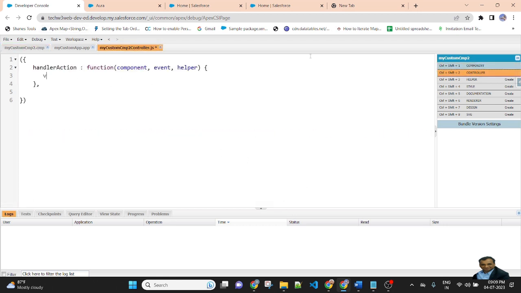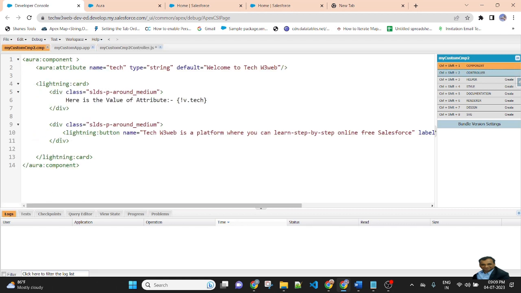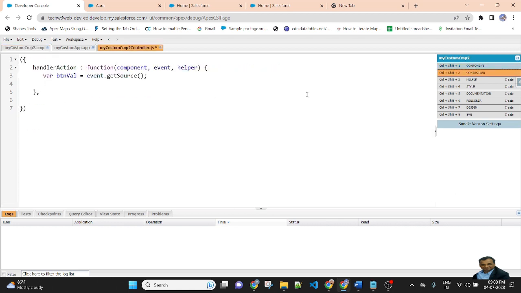So create a variable, buttonValue, equal to event dot getSource. It will return all of the attribute values from the lightning button. Now I am getting another variable, buttonName.